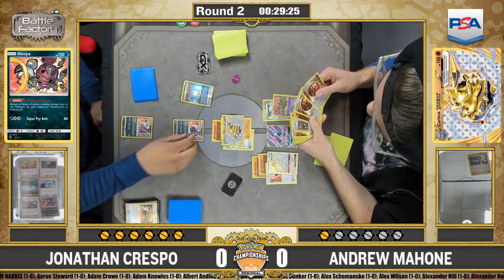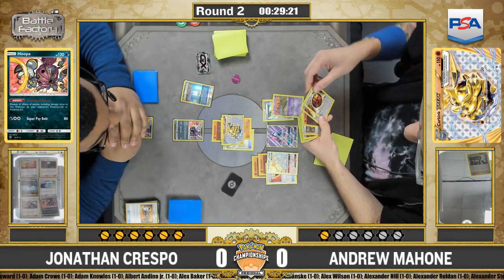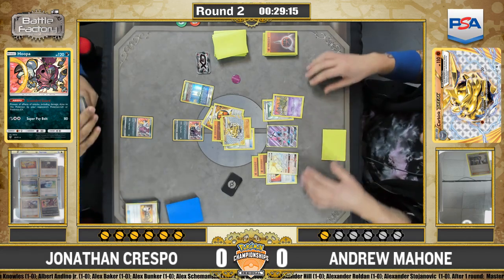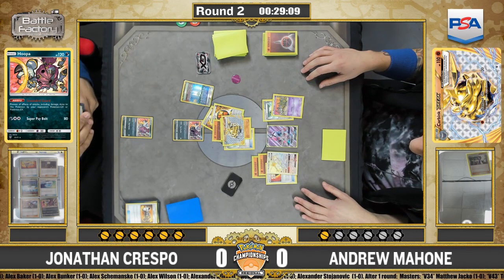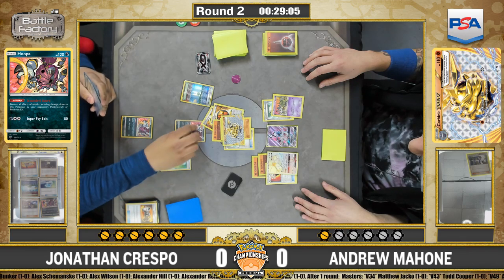Sure, this gives you the option to be able to do the Counter Catcher or the Guzma play again. And this time you can grab the Lele or something like that. And he's just loading up this Carbink. He just says, okay, knock this out now or else I'm winning. Right. Or figure out a way to deal with this board in 2 turns. Crespo's currently in that position. He does still have his Enhanced Hammers left, so he's definitely got ways of making sure that this is...